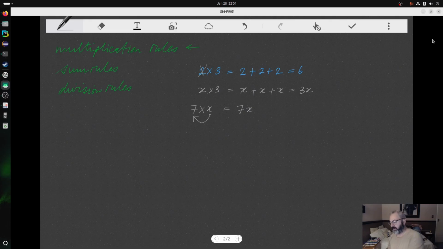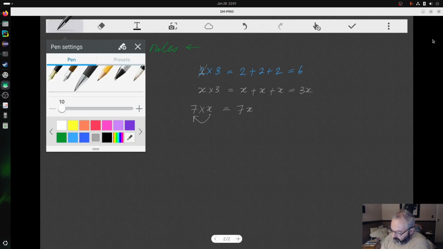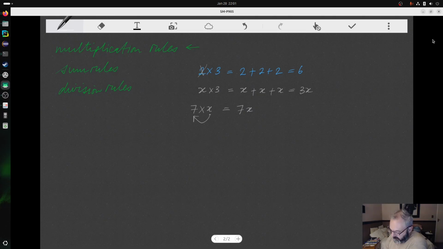Now let's go ahead and spice it up a little bit. I'll give you the following. What is 3 times 3? Again, very, very easy. 3 times 3 is, of course, 9. But remember your exponent laws from the previous years. 3 times 3 is the same as 3 squared, and that's the same as 9.